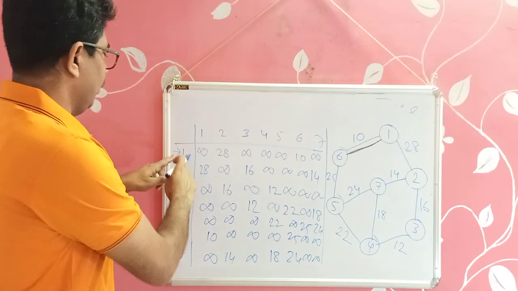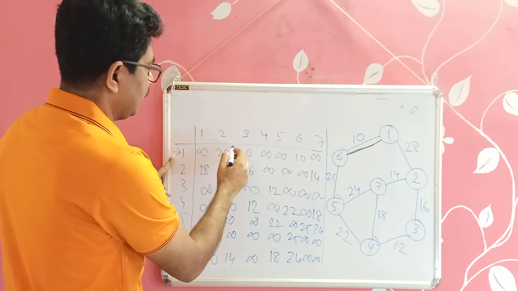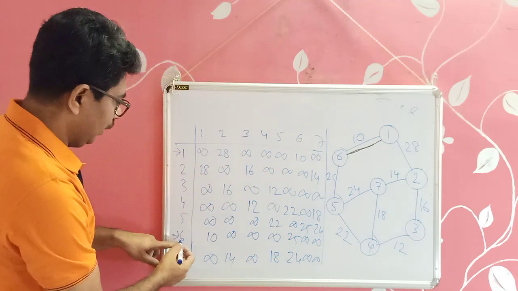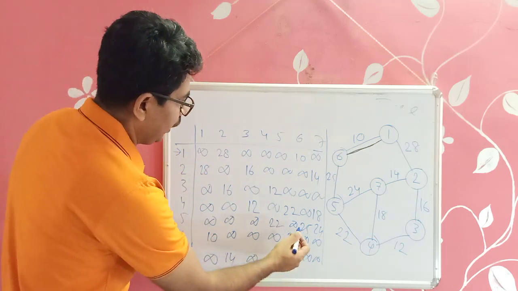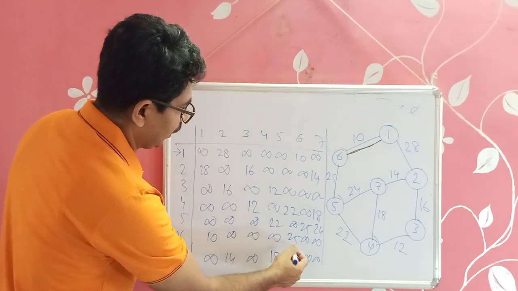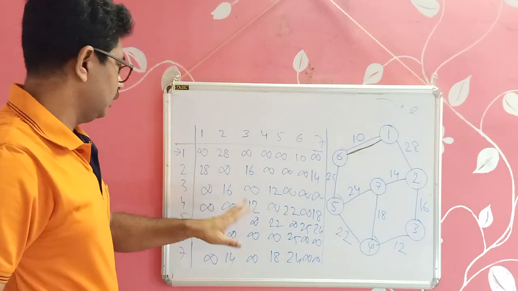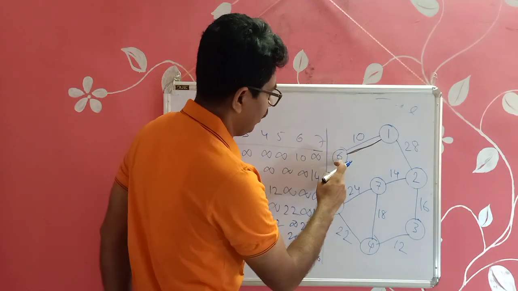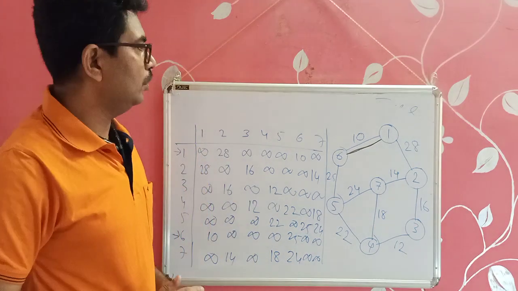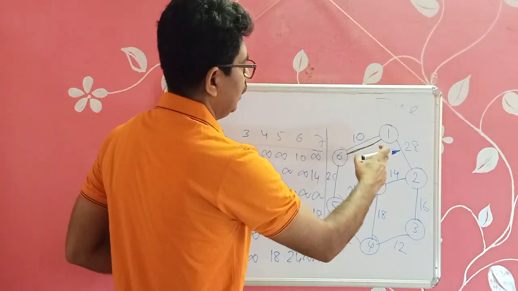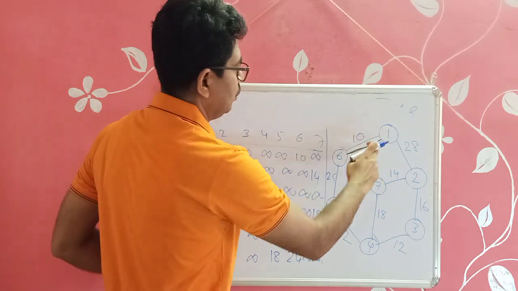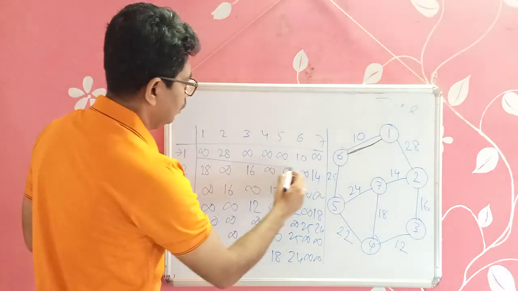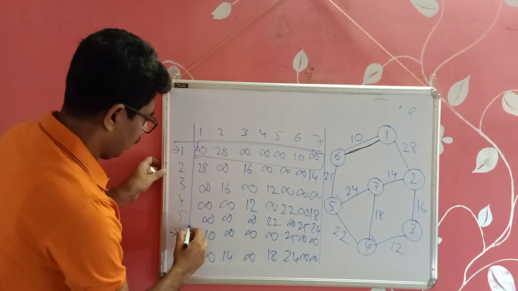Clear? So among these, you see 1 2 is an edge, 1 6 is an edge, which you have already considered. Similarly here 6 1 you have already considered, and there is 6 5, one edge, and there is no other edge. So from here we have 1 2 as one edge, and 6 5 as another edge. So first list out all the edges that are related to these two vertices. Clear? So in this case we have this row and we have this row.